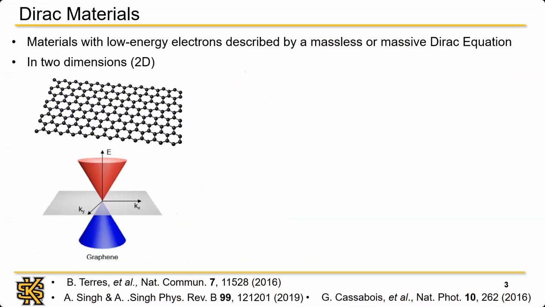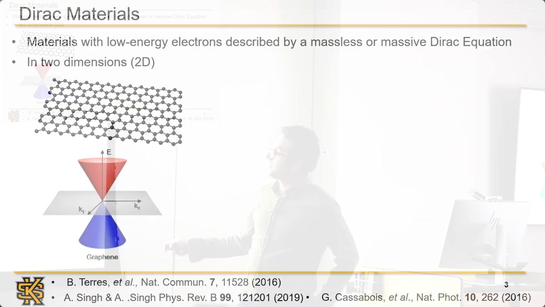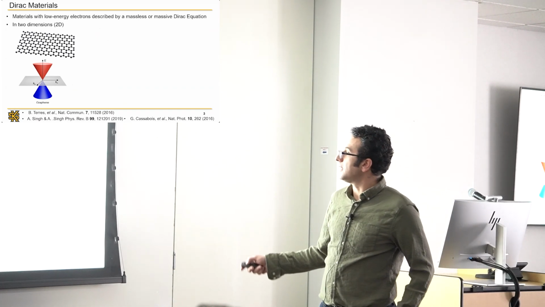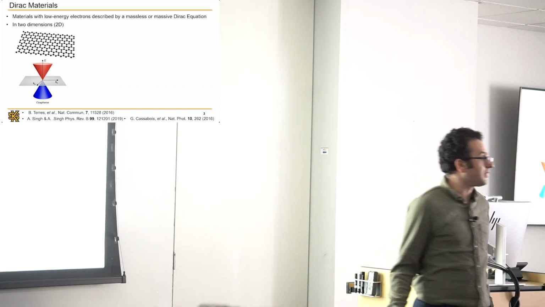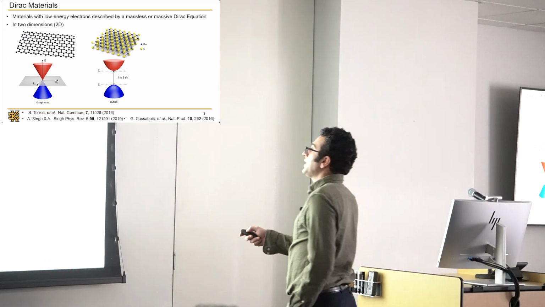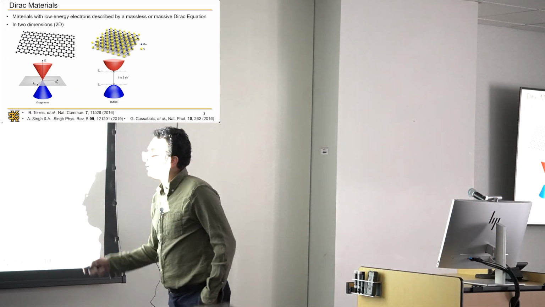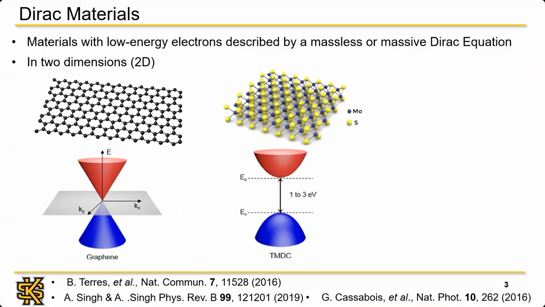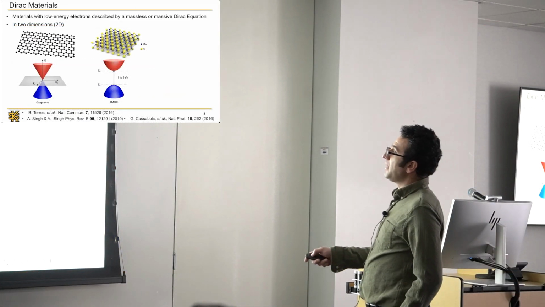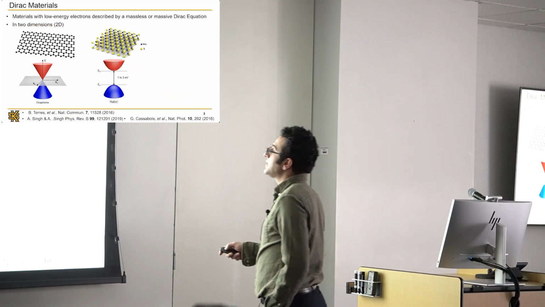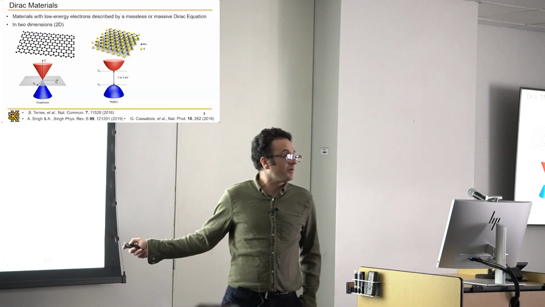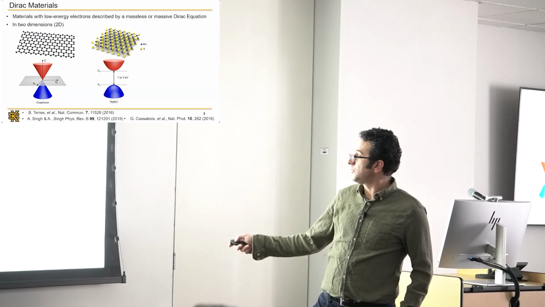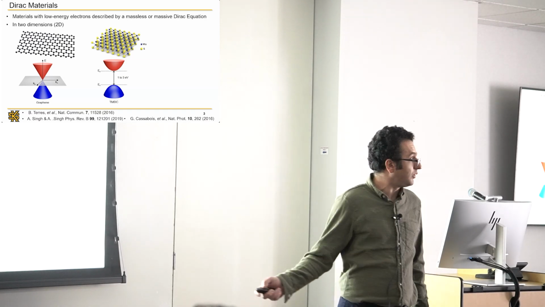As you can notice, this material is what we call a semi-metal, and it has a massless Dirac dispersion in its Brillouin zone. So the effective low-energy quasi-particles are massless Dirac fermions. After the discovery of graphene, we discovered also the family of the transition metal dichalcogenides, and the most famous amongst them is molybdenum disulfide. Unlike graphene, which is a semi-metal, molybdenum disulfide is a semiconductor, and this is described by a massive Dirac equation. So in this case, we have a gap, basically the distance between a valence and a conduction band, that's in the order of 1 to 3 electron volts.